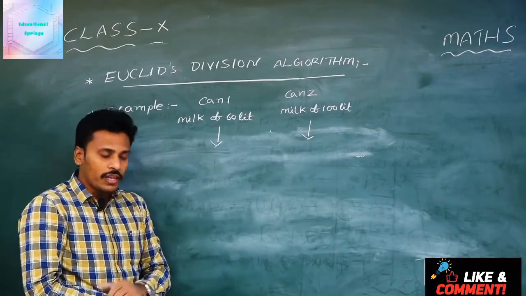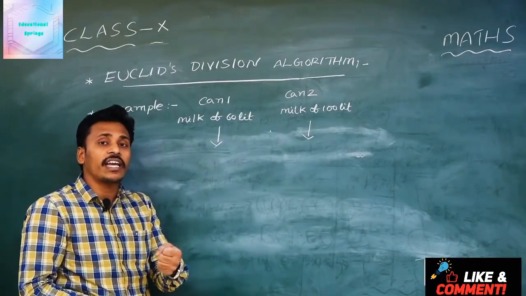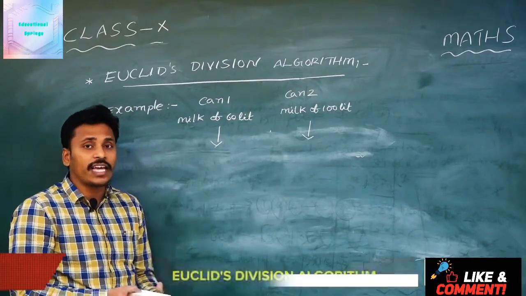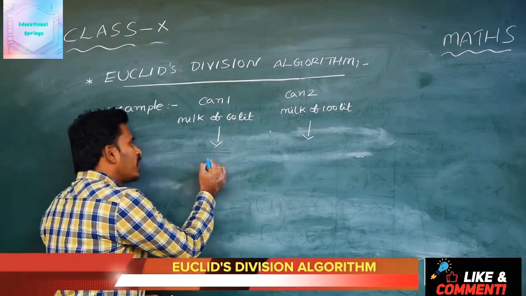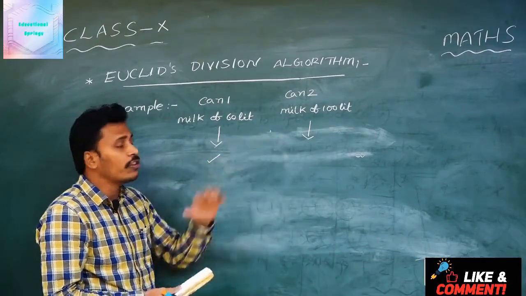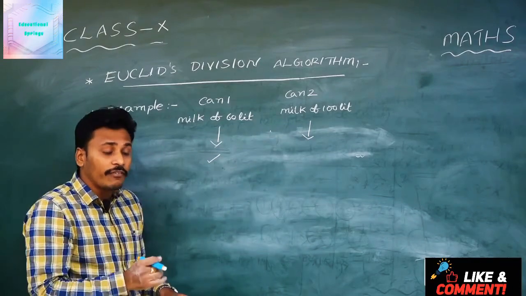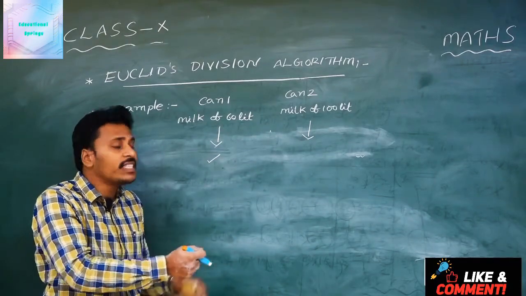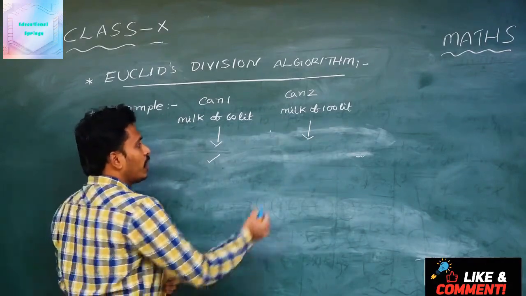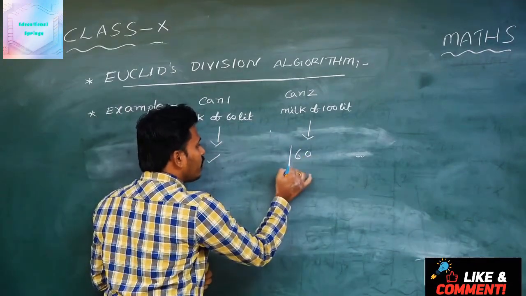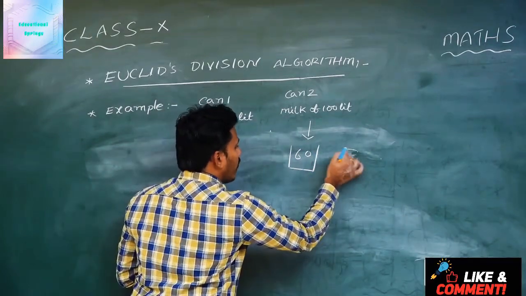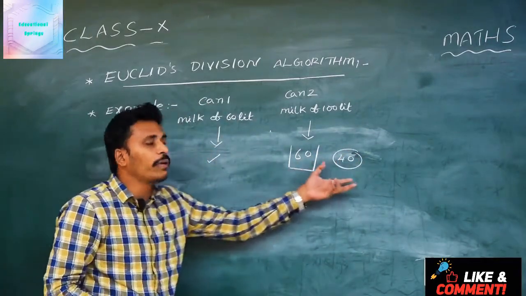For suppose, if the capacity of my measuring jar is 60 liters, what will happen? It is easy to measure this 60 liters with the 60 liters measuring jar. Then what about this 100 liters? We can measure only 60 liters of that 100, but we are left with 40. That is, 60 liters we measure using my measuring jar, but 40 liters remain. This 40 is the remaining milk in the can.